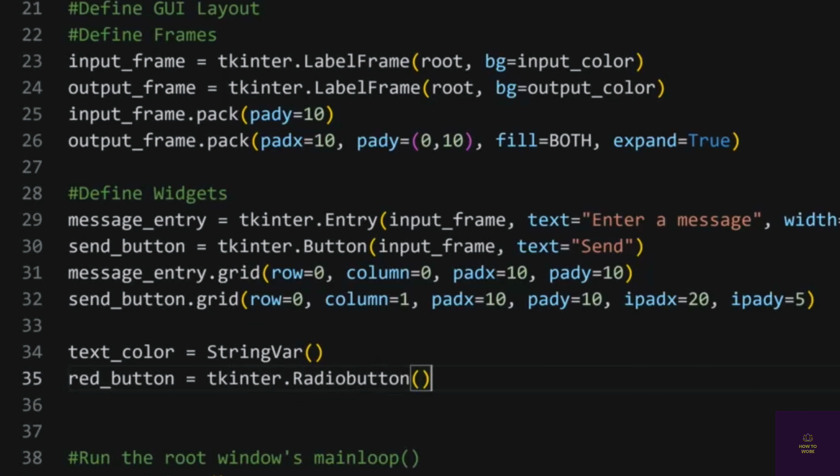tkinter.Radiobutton. Now, if you remember, the first thing that we have to do is attach this to some object that's higher up in the hierarchy. We want these radio buttons to be in our input frame because it's going to be in regards to the user inputting information. I'll have a text attribute that I can set, so I'll have the word red here. I'm going to link a variable to this radio button. The variable that I want to link is the text color variable that I've defined right here. So we'll say text